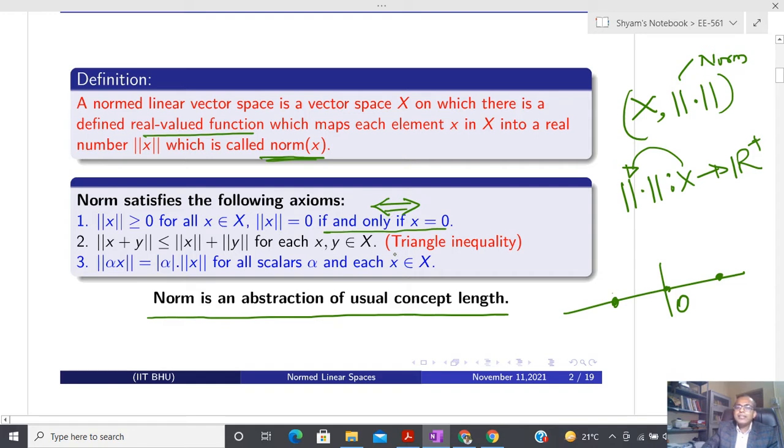After that, you can see that the triangular inequality will be satisfied. Suppose I have already told you that if I have to move from here to here, and if you start moving from here to here, then this inequality will be satisfied. Okay, and scaling. Now whenever we are defining some kind of vector space,